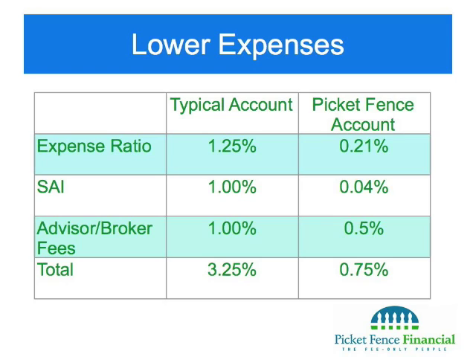So let's put this together in a real world example to show you what the real effect is of expenses. Well, you take the typical brokerage account and you have mutual funds in there with an average expense ratio of 1.25%. But that's not all you have as far as expenses. There's actually additional expenses to most mutual funds, which is found on the Statement of Additional Information. I call it the SAI.